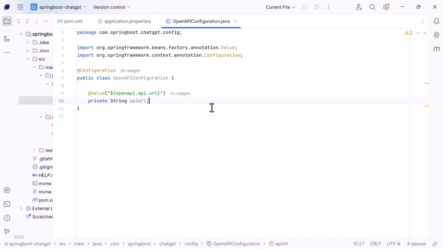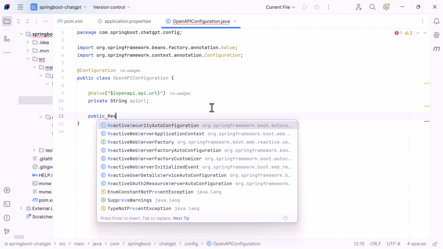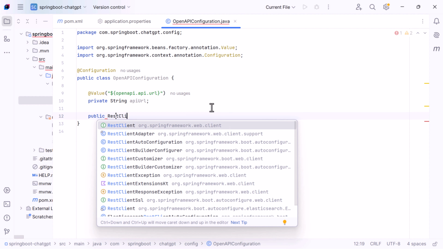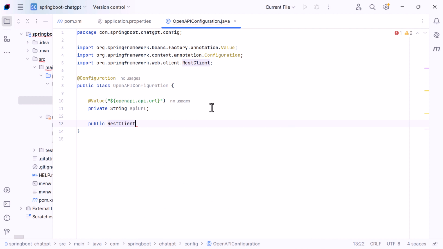Next, we are good to configure the REST client. So here let us create a method public RestClient. Basically, we are going to configure the Spring Bean by using the @Bean annotation. That's why first we need to create a method, and we need to annotate that method with the @Bean annotation. So here let us give the method name as restClient,